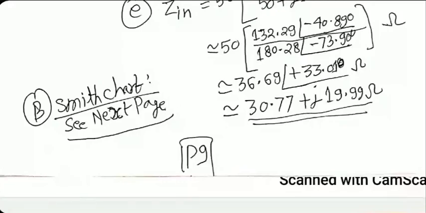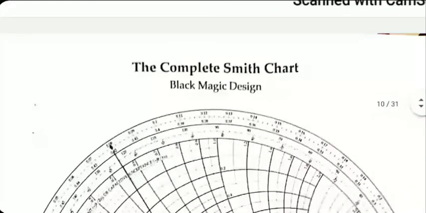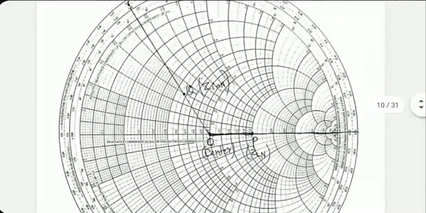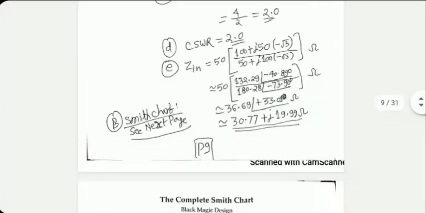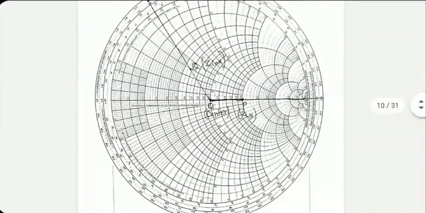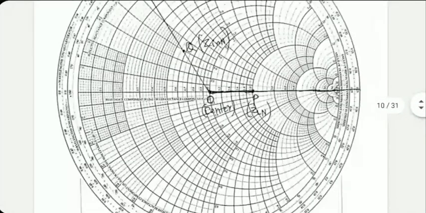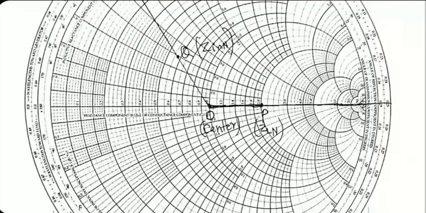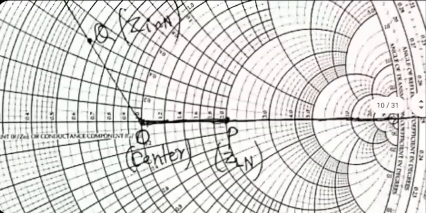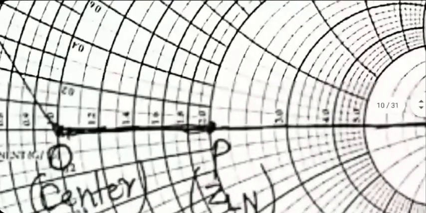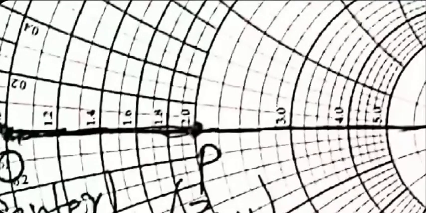Now on the Smith chart, what will happen? The normalized value of load impedance is 2 plus J0. It's 100 ohm, right? So 100 plus J0 divided by 50 is 2 plus J0. So J0 means reactance is 0. So you still stick to the horizontal line. However, now P would belong to the circle which has got 2 marked on it. Right here. P is now here. It's not at the center, it's not at the end. It is somewhere in the middle.